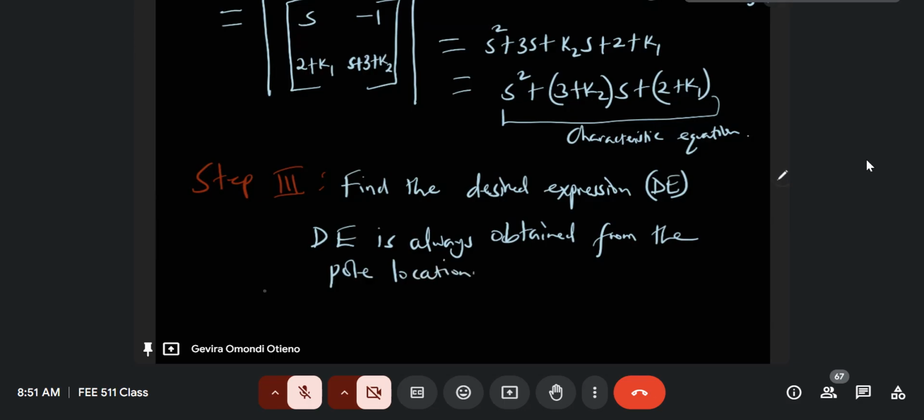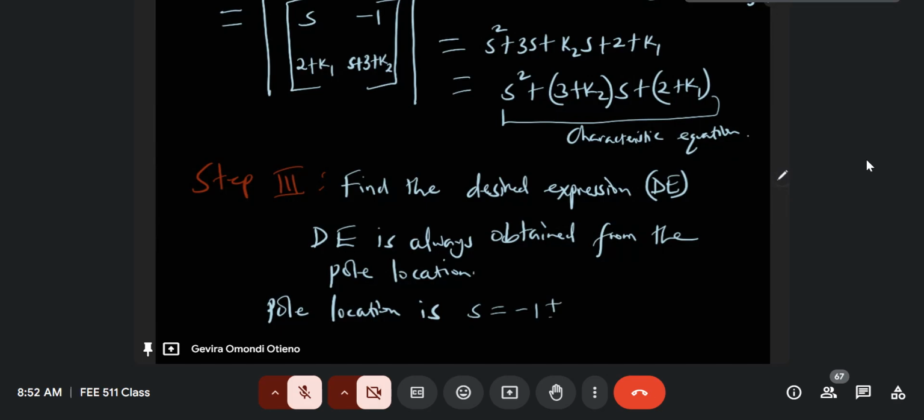Now, please remember our pole location. The pole location is, our pole location is S equals to